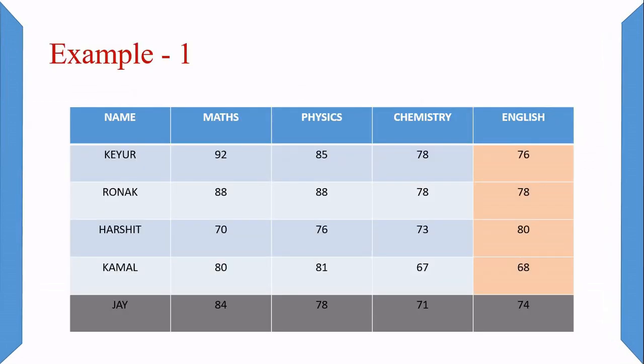Okay, here is example number 1. Over here, as we can see, we have several students and different subjects in which they are getting marks out of 100. The problem is that when we insert our data into MATLAB, we have only the data of 4 students and 3 subjects, that is maths, physics and chemistry. So we have only this much data inside MATLAB.